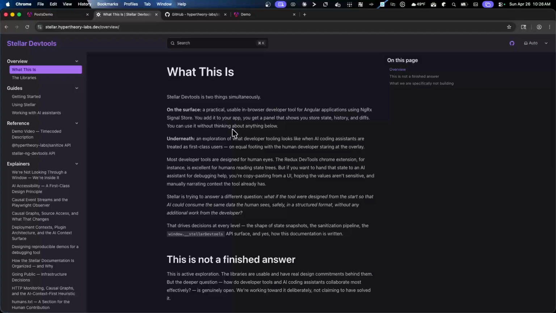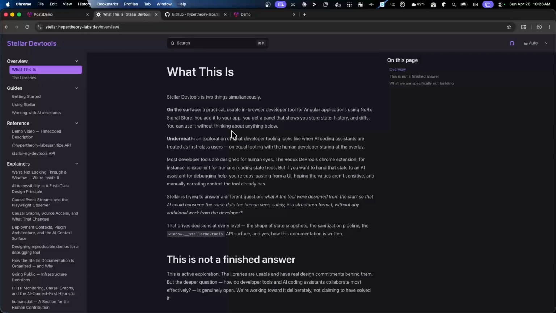And what do we use DevTools for? We use DevTools for usually either figuring out what's going on in our application, what's happening to the state in our application with various state transitions, all that kind of stuff, or something's really going wrong, right? And we need to peer inside. And I started creating a nice graphical user interface